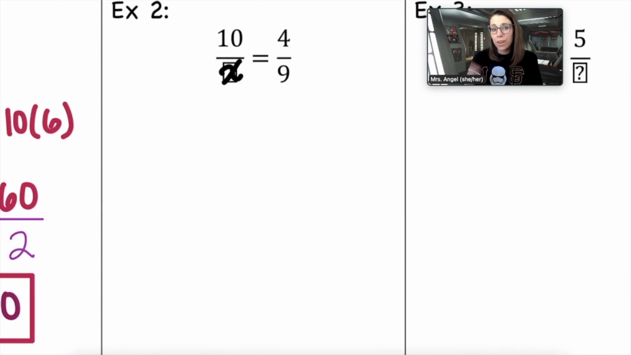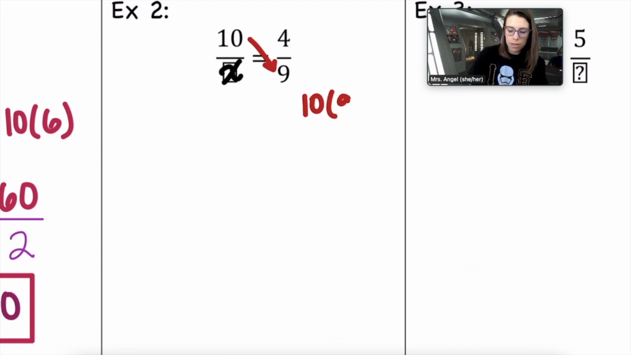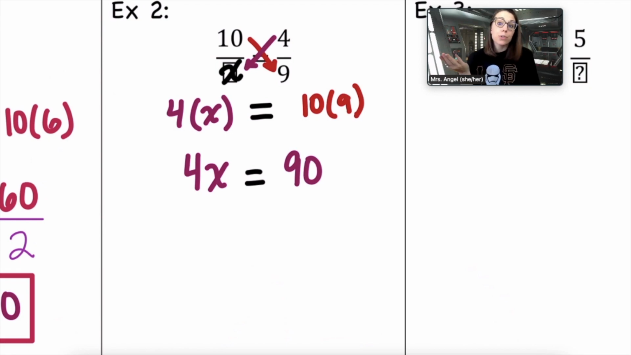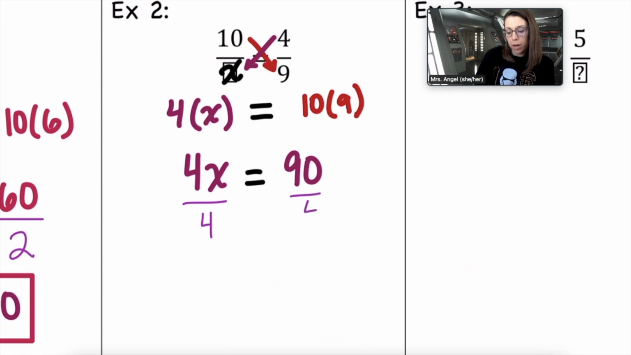I went ahead and covered up the unknown value with x. Let's set up our cross products. Starting with 10 times 9. All right, and we have 4 times x. Now 4 times x, we're just going to write that as 4x. And 10 times 9, that's 90. How do we solve this equation again? That's right, the inverse or opposite of multiply is to divide. So we're going to divide both sides by 4. That creates one of those big ones we're so used to. And x equals